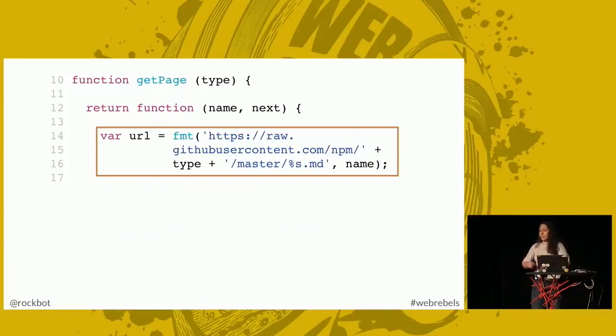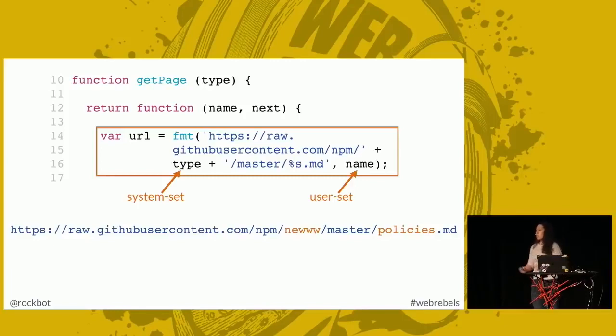It basically goes in and says, all right, let's format this URL. And it's got two variables in it. One of them is system set. That's fine, we can trust our own system. But one of them is user set. And if there's one thing you need to remember about security, it's never trust the user. Ever, ever, ever, right? So in a perfect world, someone would go to, say, /policies,